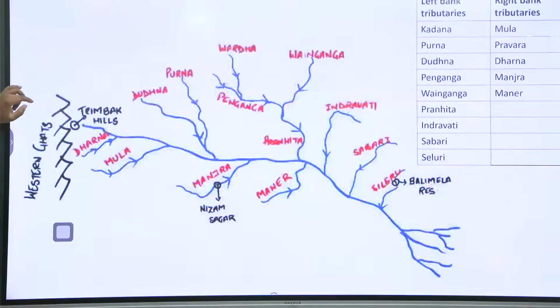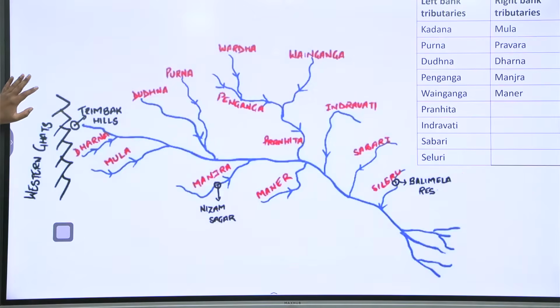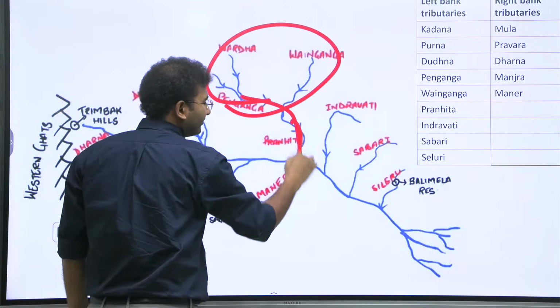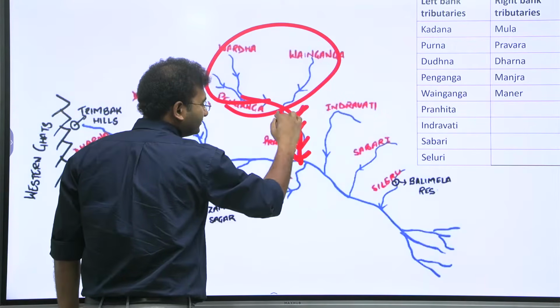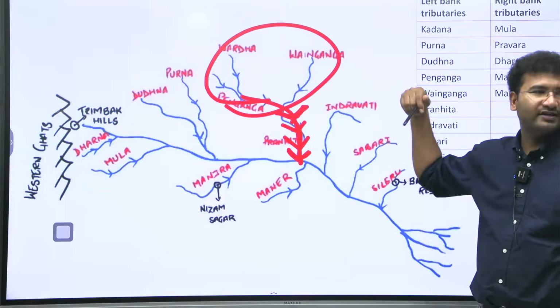Whatever map is given in your atlas, that is permanent. These others are generated in a different way, so they are not important. But see here, Indravati is a separate tributary and Pranahita is a separate tributary. The tributaries of Pranahita are Venganga, Varda, and Penaganga. So these are not direct tributaries. Together they make up the river Pranahita. Right? Have you heard of Chevella? It is this river that gives drainage to that.